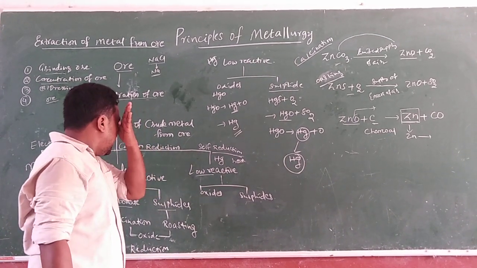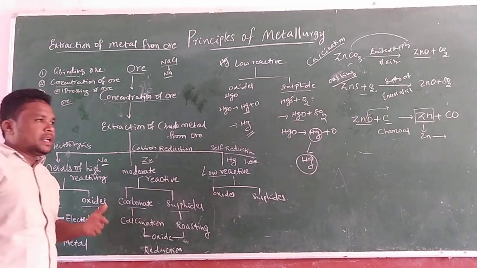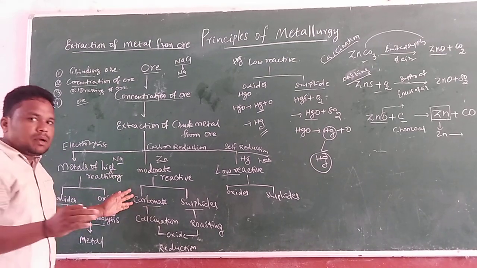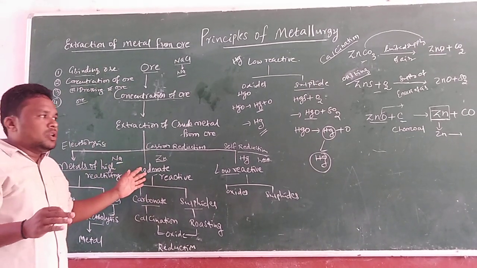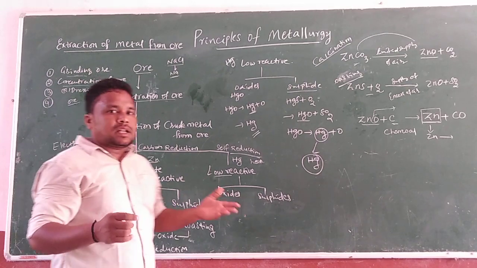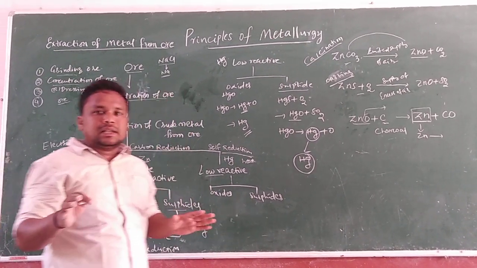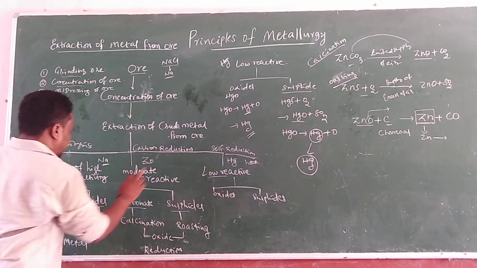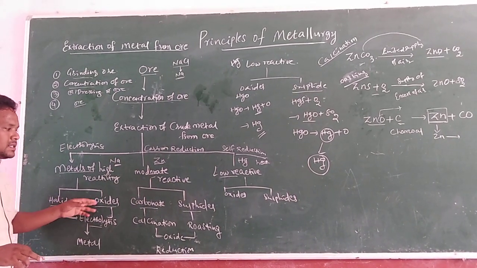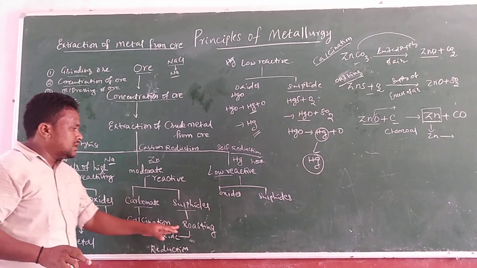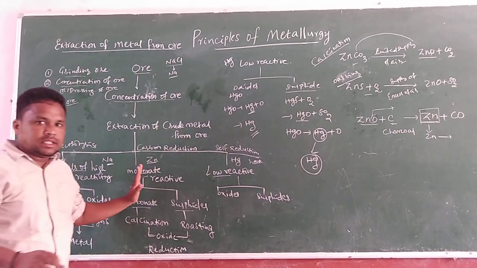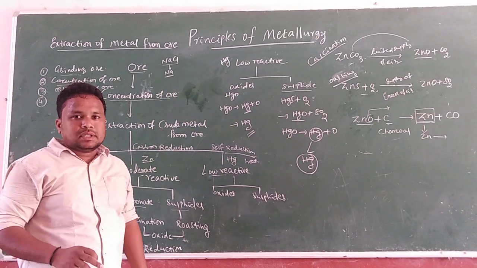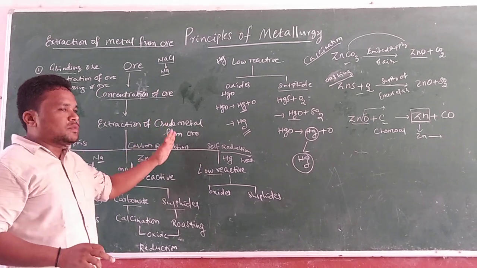These are the important factors about the extraction of metals from their ore. If you are able to remember this diagram, you may write any kind of question given in the examination. Then you need to write very easily. You have to remember this one only: high reactive, moderate reactive, low reactive metals, then halides, oxides, carbonates, sulfates, calcination, roasting, low reactive, like that. You have to remember only this diagram. Then you are able to write all the answers for such questions. This is about the extraction of metals from their ore.